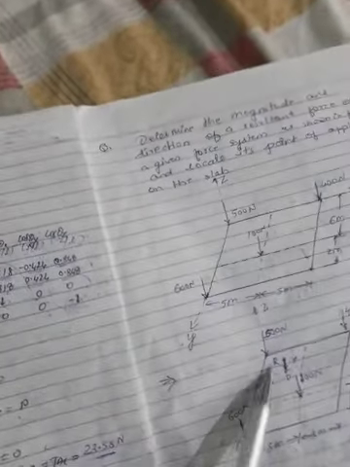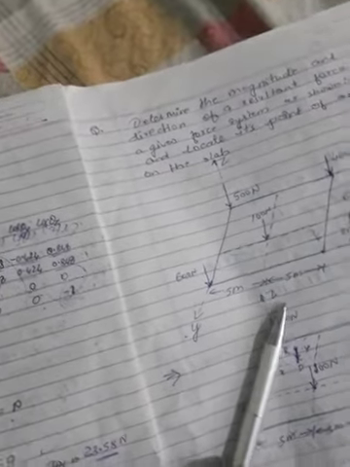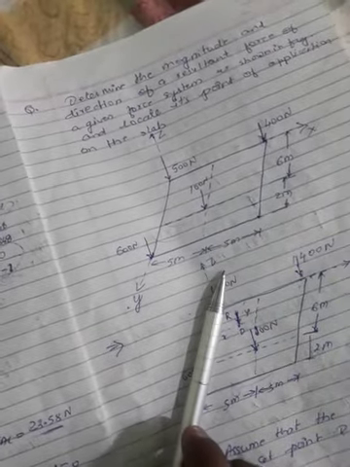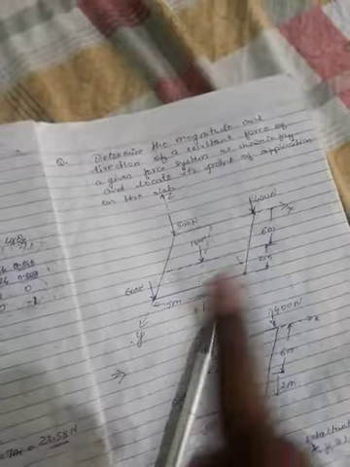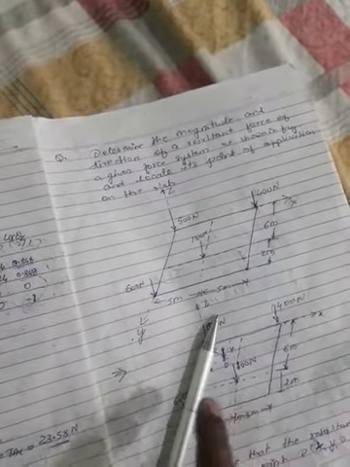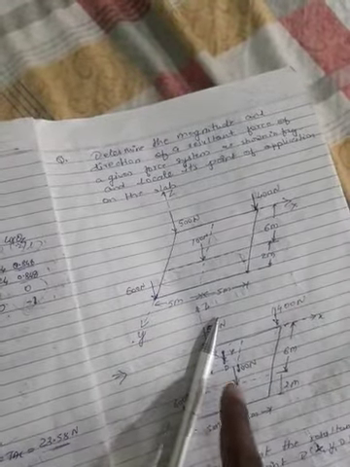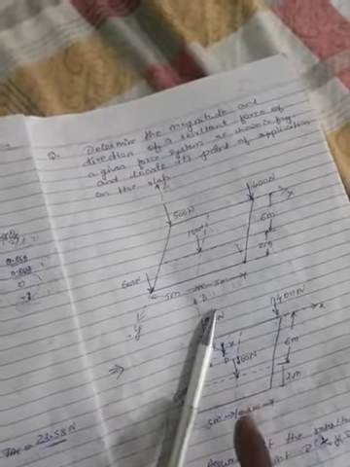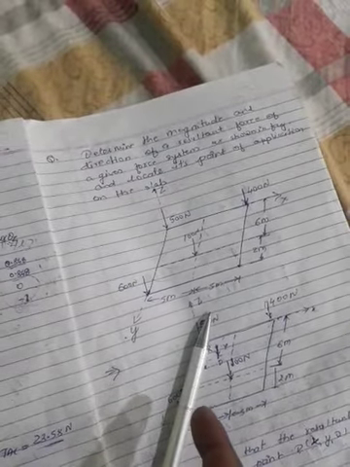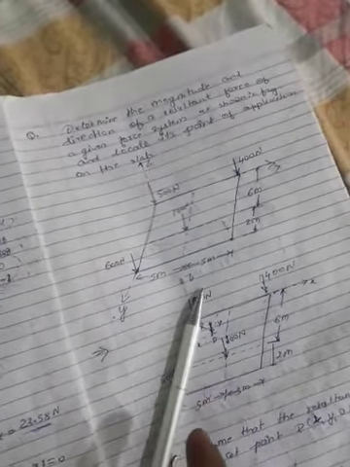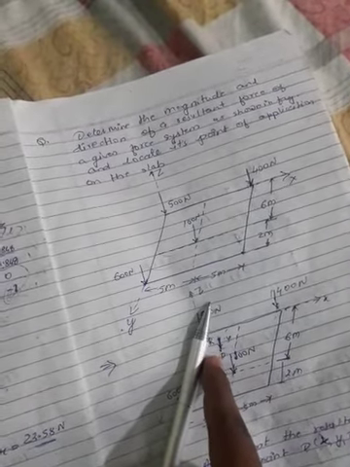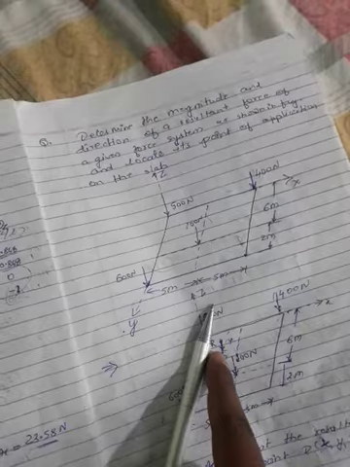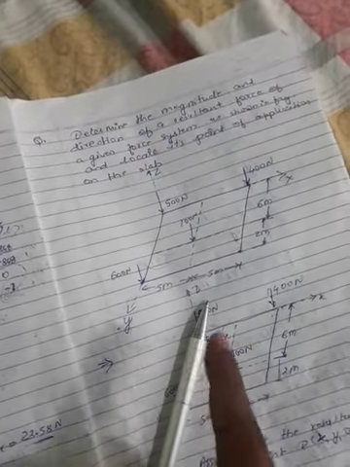So again I will check the direction. I am taking moment about the y axis, so I am keeping the pen on this y axis. Now I will check how the forces will rotate. All forces, that is 400 and this 100, are in the picture, and these forces do not lie on the y axis, so they will rotate clockwise. Also the resultant, which is acting at point D, will again rotate in a clockwise direction.